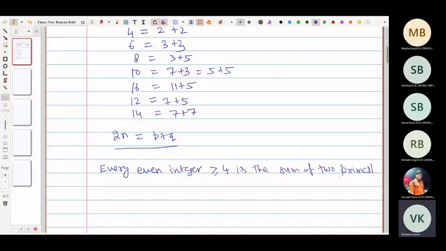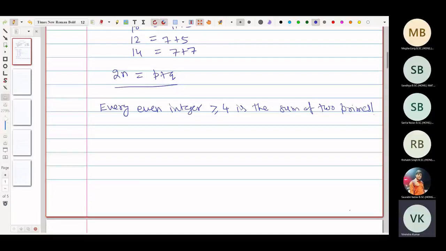This conjecture is not proved yet, in fact, but in 1973, Chen Jing Run,